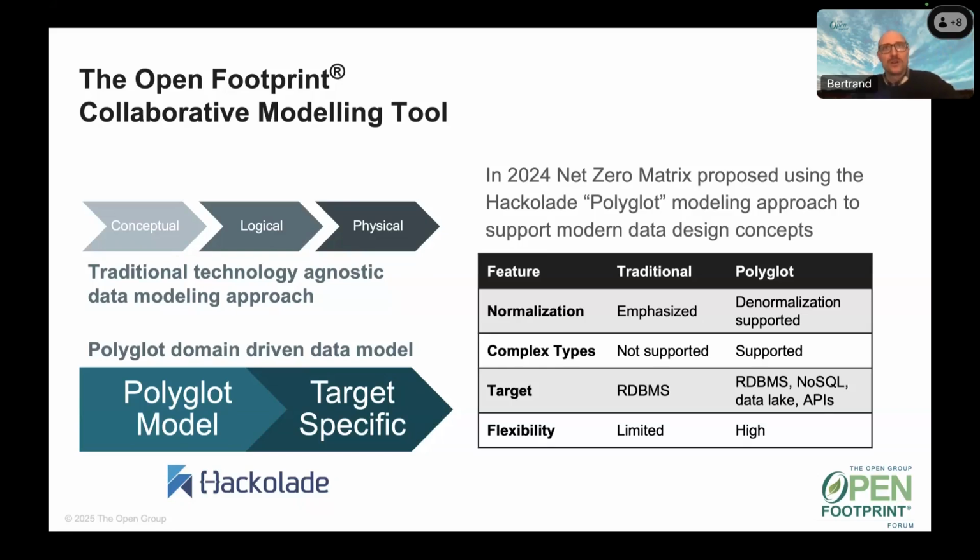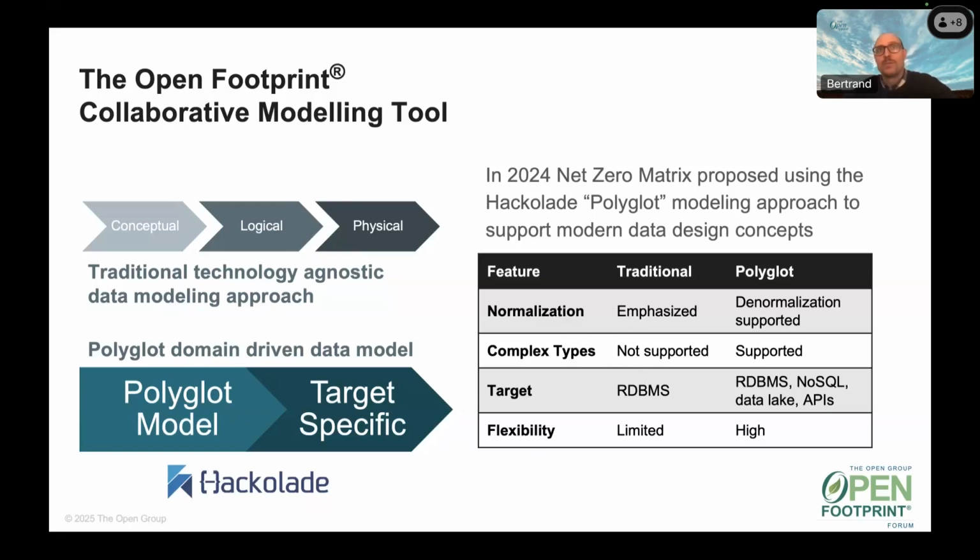And you put together a logical construct of that conceptual design, so you have these logical objects and relationships between them. Then you translate that into a physical model. Now, traditionally, this approach is focused on several features. Normalization, as a construct in this logical approach to modeling, was emphasized. Complex types were not generally supported, so embedded types, JSON objects, things like that, although there has been some evolution. The target, and this is the important thing here, the physical implementation, has generally focused on relational database management systems, which are still used widely today.